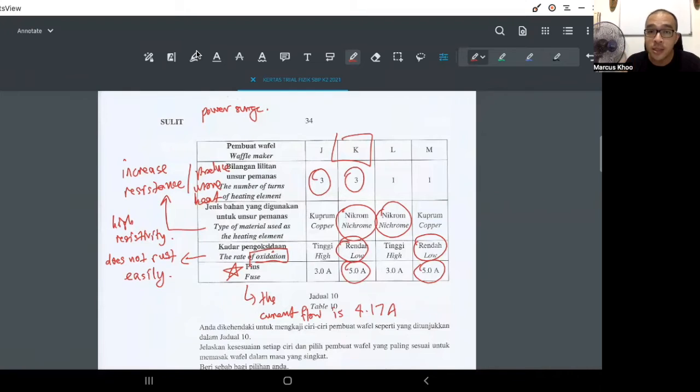The fuse is there so that if the fuse is, let's say, 5 amps, anything more than 5 amps yang mengalir di dalam litar itu, the fuse will putus. The fuse will putuskan the litar. It is built to withstand a current until 5 amps only. So if your current flowing is 4.17 amps, you're still okay lah, still can flow on, and you want it to function normally lah. But if there's a sudden power surge when you're using the waffle maker, okay, and power